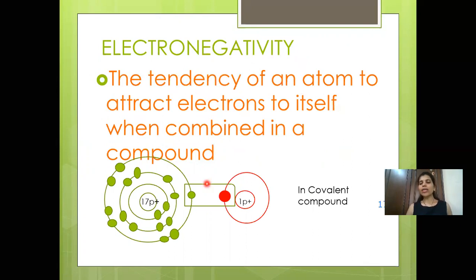The reason is in an electrovalent compound there is no sharing of electrons. One is metal and the other is non-metal. So metal gives away its electron and non-metal accepts that electron. So it is permanently with the non-metal, and the metal has a positive ion, or it has positive charge. So when we are talking about electronegativity, we are going to talk with respect to covalent compounds, because both the atoms are in the form of a compound. They are already in a compound and they've decided they're going to share this electron. But out of this, the electron which is shared is pulled towards the other atom.